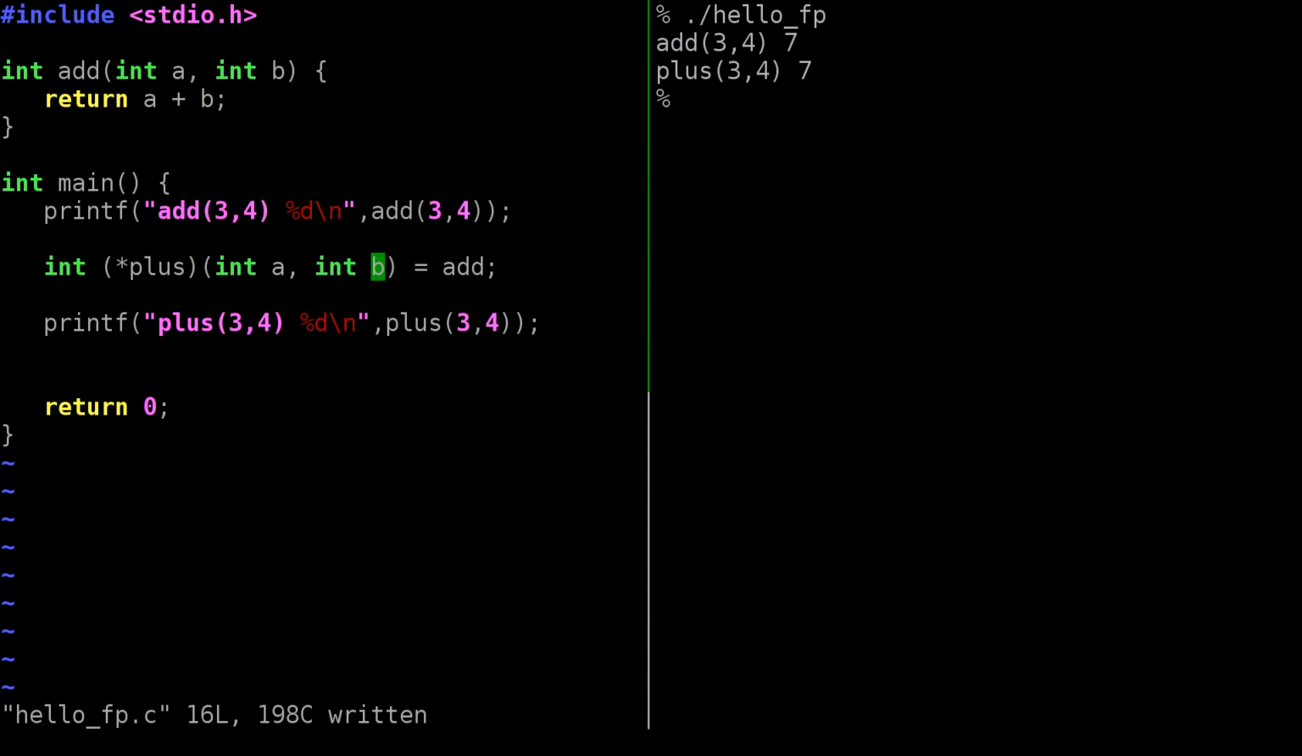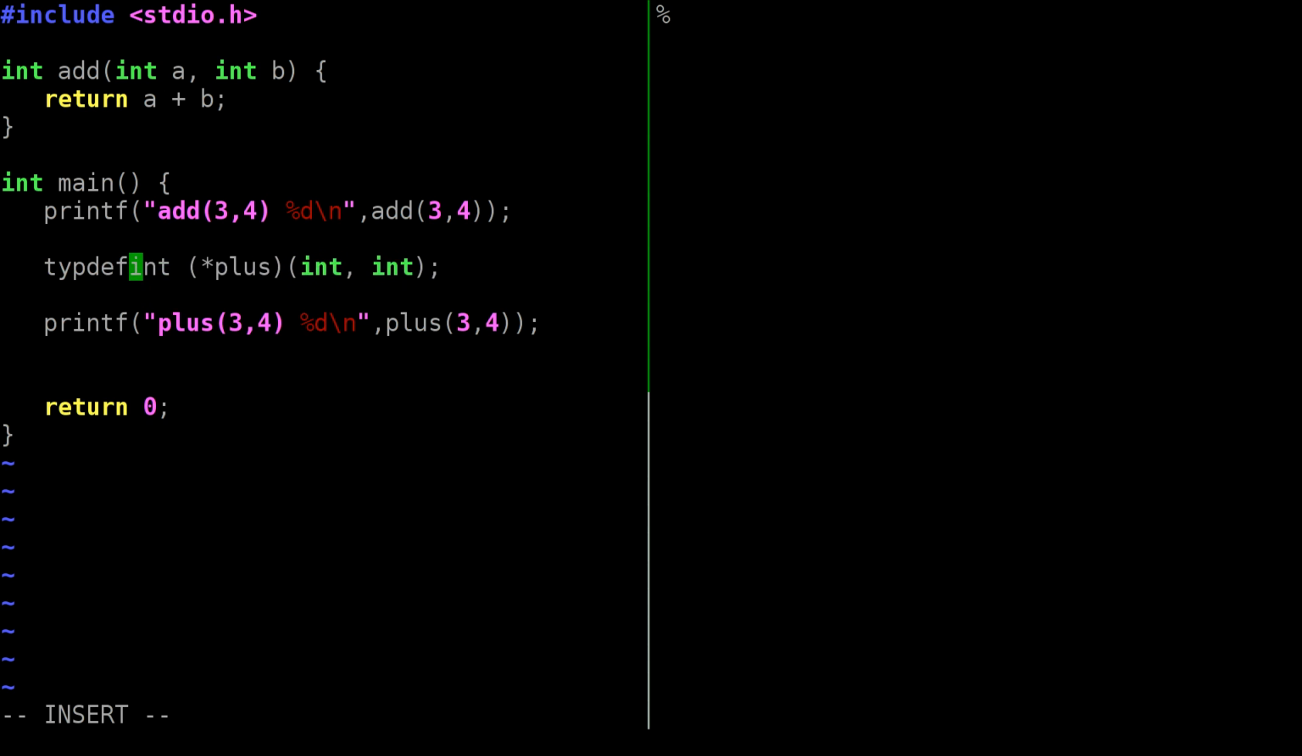When they're called A and B, it doesn't really help to include them, so we may as well not bother. But just to show you that you can, it's exactly the same. So then the next step is we can create a new type, which is this function. So we'll get rid of the assignment. We just stick a typedef in front of it,